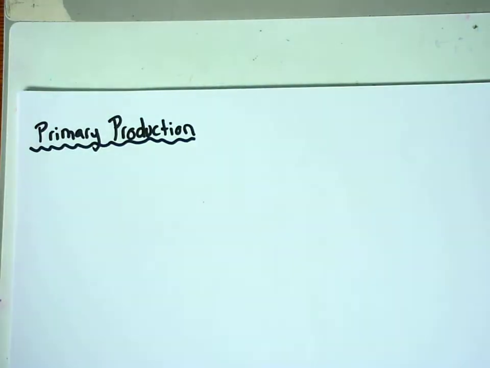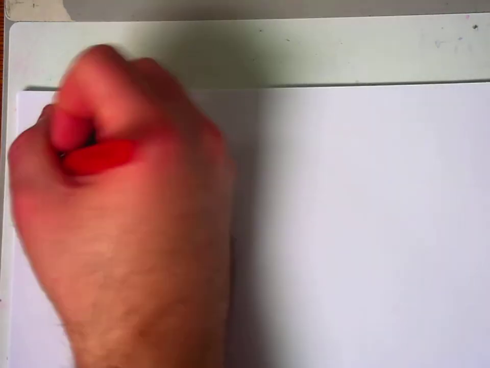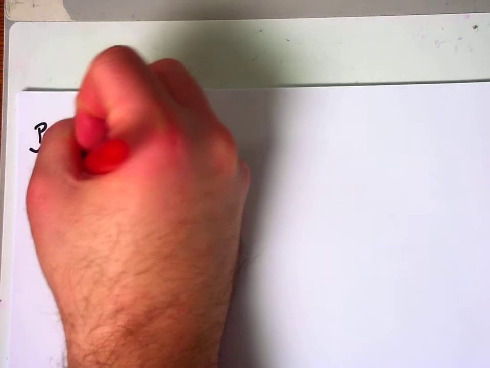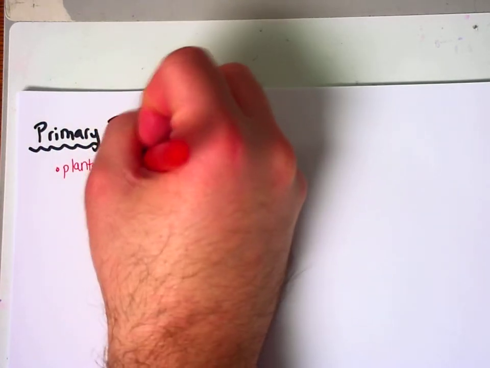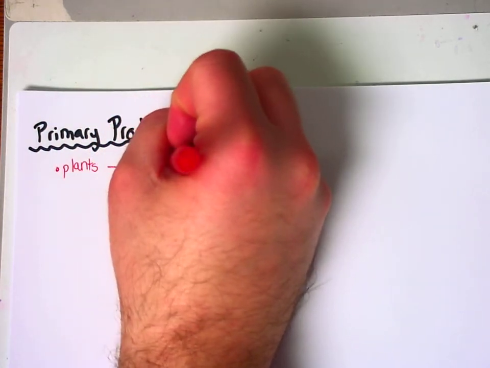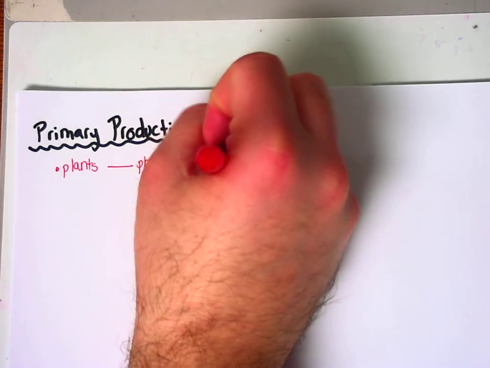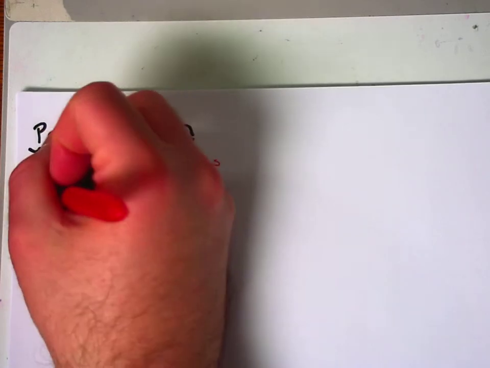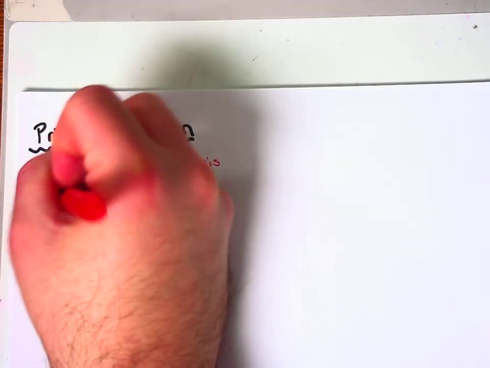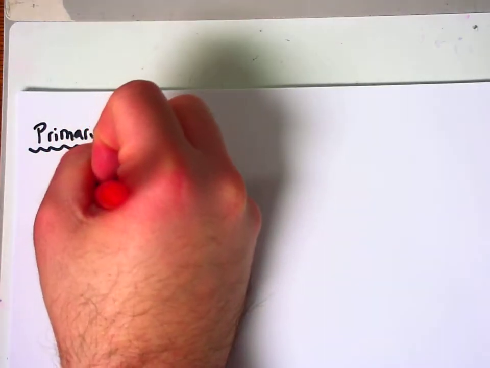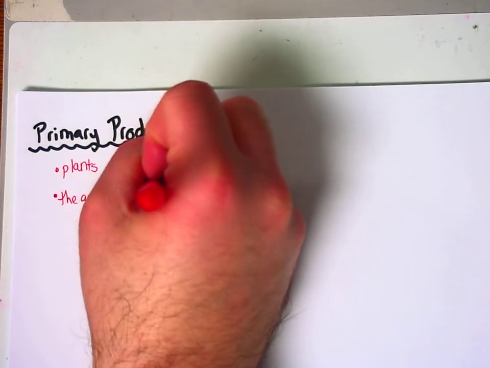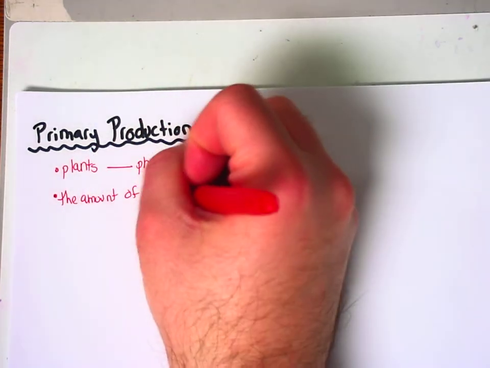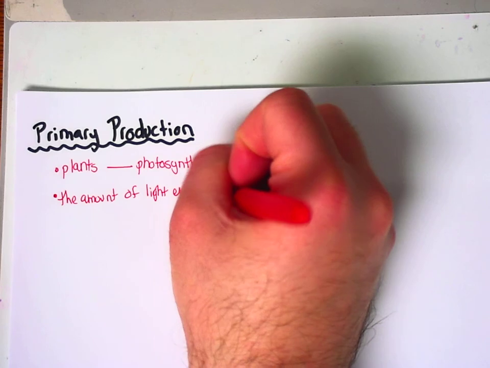Primary production. What is primary production? Who's doing that? Typically plants, so therefore we're talking about photosynthesis. What primary production measures is basically the amount of sunlight, or the amount of light, converted